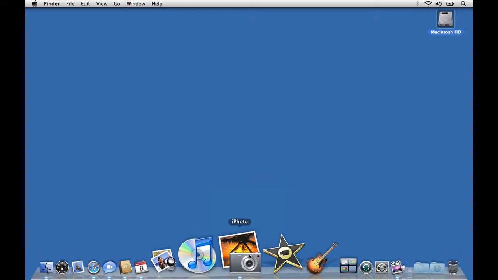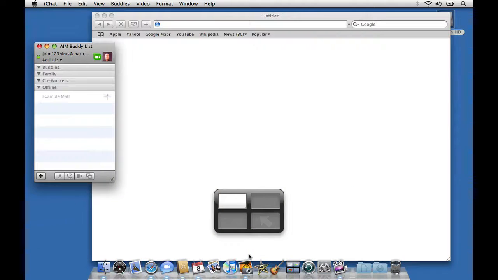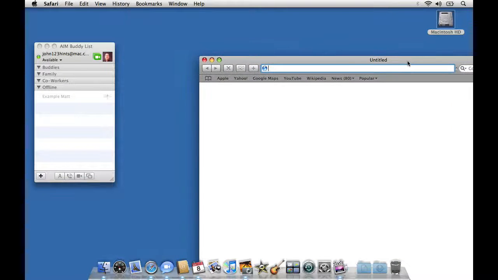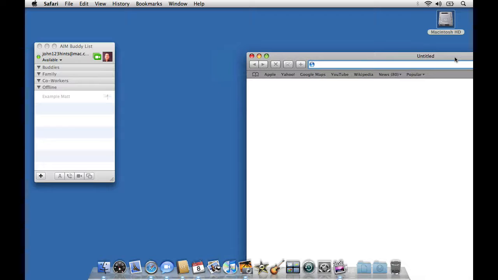One other quick thing I will show you, I'm just going to move over to my first space, is that if you'd like to move a window from one space to another, you can do that by clicking and dragging the window to the edge of the screen, and that will take it to the adjacent space. So I'm in space number 1. If I'd like to take this Safari window and move it over into space number 2, which is to the